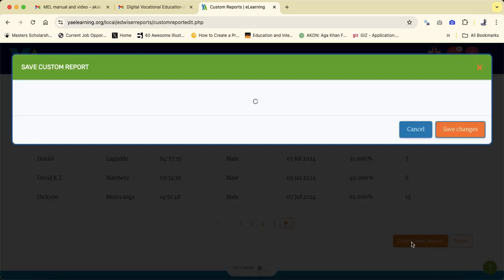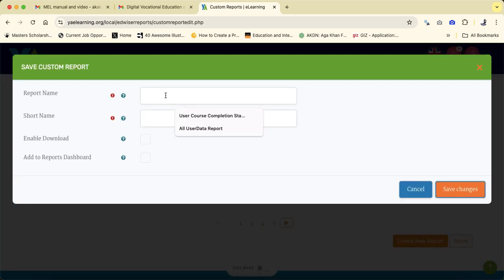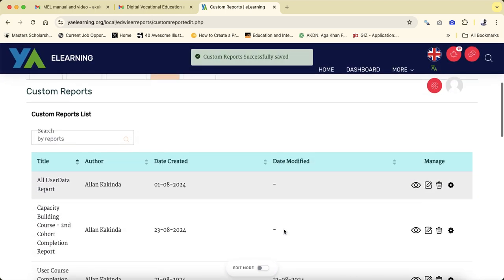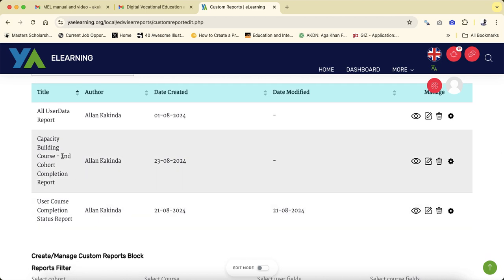And then I can simply say create report once I've specified the fields, and I can name it capacity building course second cohort completion report. It asks for a short name as well, and that's required: second report. And so I say enable download and add to the reports dashboard. If you want to see it, you have to add it to the reports dashboard, and then click on save changes. So automatically it's added to the